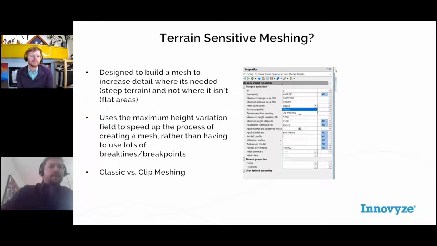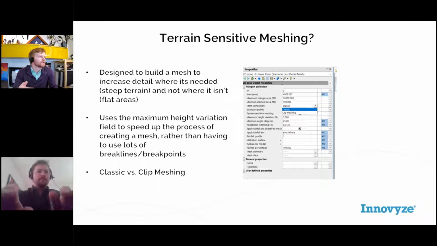I think you elaborate a little further after the question, but specifically they're asking about the max height variation within the terrain sensitive meshing. Yeah, so there's two things that I manipulated in particular: the maximum height variation and also the minimum element area. The biggest thing for the terrain sensitive meshing is the impact of this maximum height variation. So basically, what the program does is